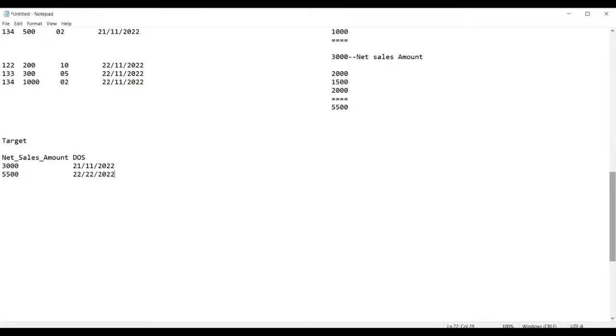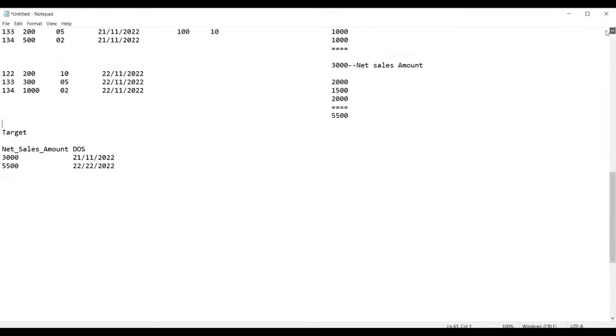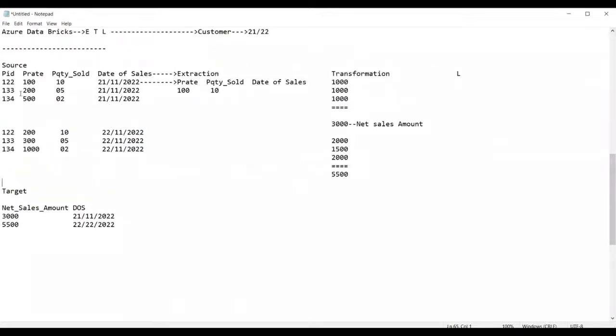22nd/11/2022. Now, guys, this particular thing is called the output. Can you see here? What we have done with this entire thing is transform this much data. This much data of two tables I have transformed into one table in a summarized manner. So this data, you can report it to the customer, stating that this is the difference of sales between the 21st and 22nd day of November 2022.